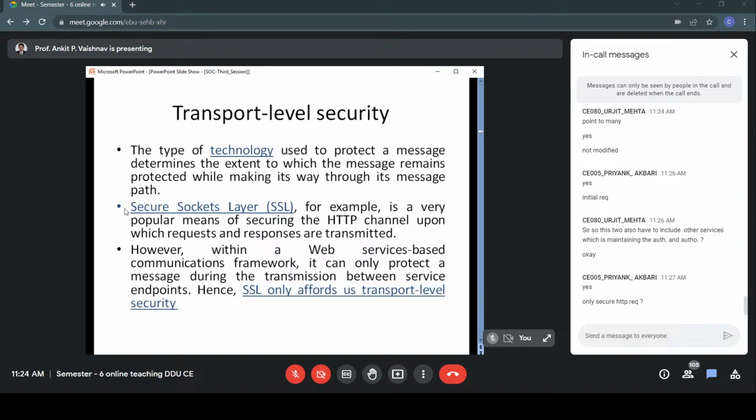If we rely totally on SSL, what happens is SSL secures the HTTP channel upon which the request and responses are transmitted. Obviously, your messages are going through the network, so they will be going through HTTP channel, and SSL will make sure that while the message is in transit, right? Mark my word, is it in transit? At that point only it is secured. But where it is not secured,